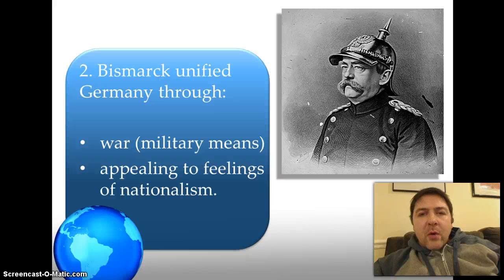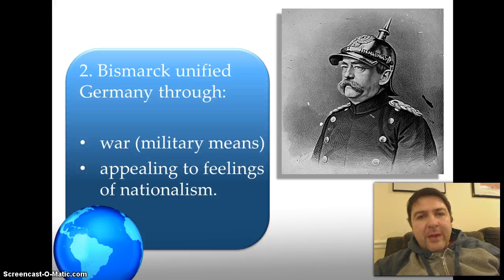Okay, Bismarck goes about unifying these German states through really two means. He's not afraid to use war. Prussia developed a very strong military. It was one of the most feared and most powerful militaries in all of Europe. And Bismarck used that military strength to threaten and in some cases actually militarily conquer German states that he